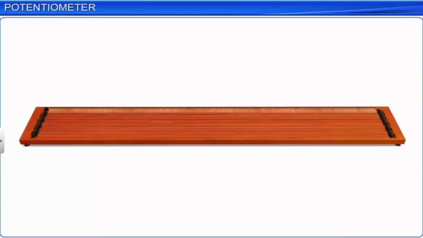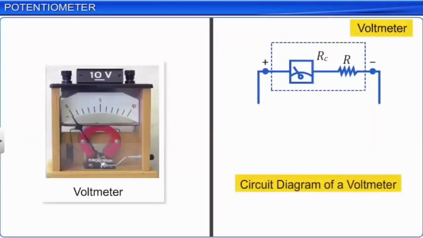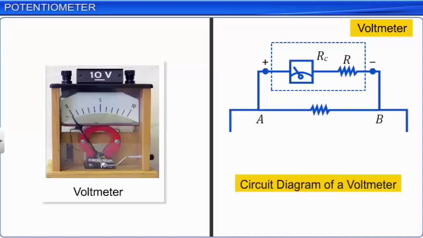A potentiometer is a device used to compare the EMF of any two cells, to measure the internal resistance of a cell and also to measure the potential difference across a resistor in a circuit. We generally use a voltmeter to measure the potential difference across a resistor in a circuit. When the voltmeter is connected across a resistor in a circuit, it draws a part of the current in the circuit,